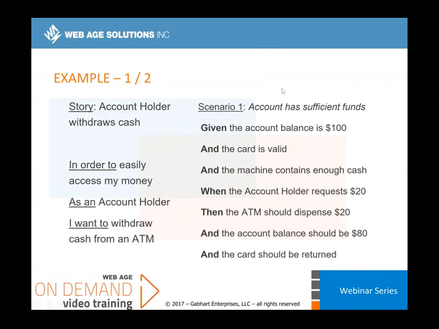If this scenario was done correctly, it would do something more along the lines of given an account holder, given an account balance, given a card, given a machine. It would call out all the nouns. This one didn't happen to, but that was just for space reasons. So the given lays out all the nouns. We just choose a specific number: 5 years of credit history, 30 years, 1 year. It doesn't matter, but we choose it because what's fascinating is when you talk to the business and say it'll just be whatever the right amount of years of credit history is,